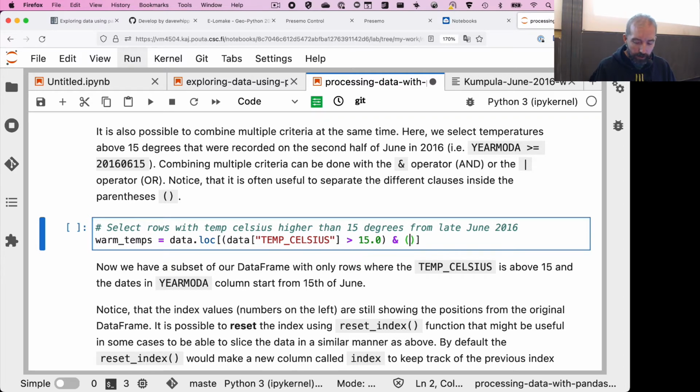Strictly speaking, I again don't think it is required in the syntax that you have these parentheses, but I just find it easier to read if you put your conditions inside parentheses. So that's why we're doing it like this. So we had our requirement that the temperature be greater than 15 degrees, and also the second half of the month, which means that our data,